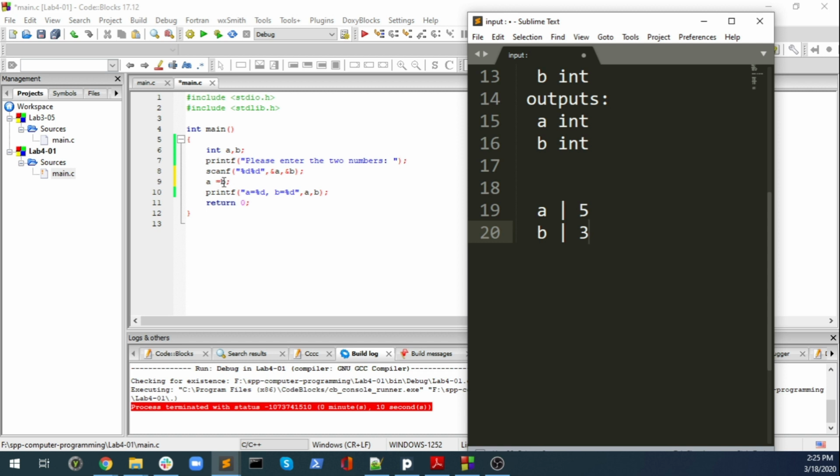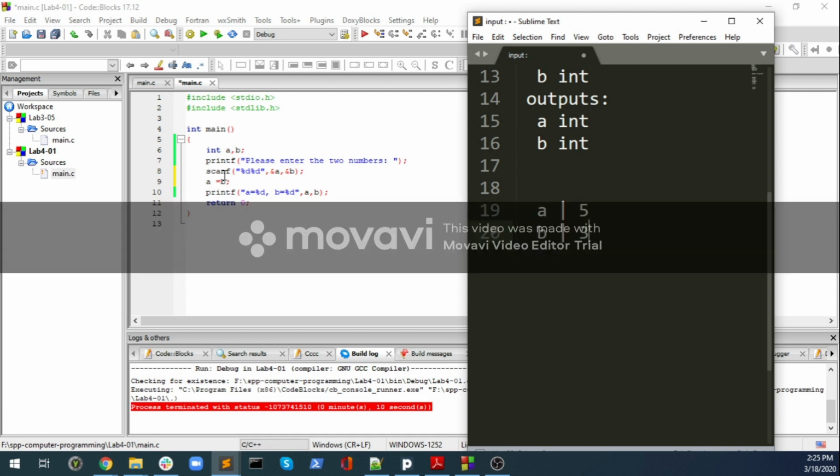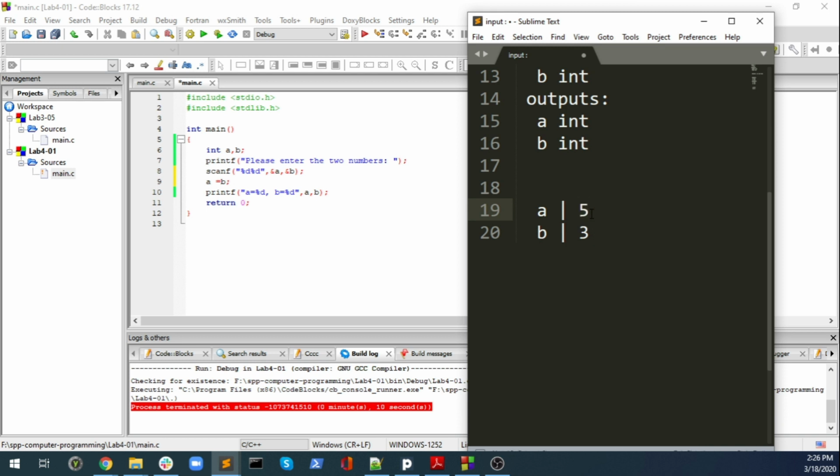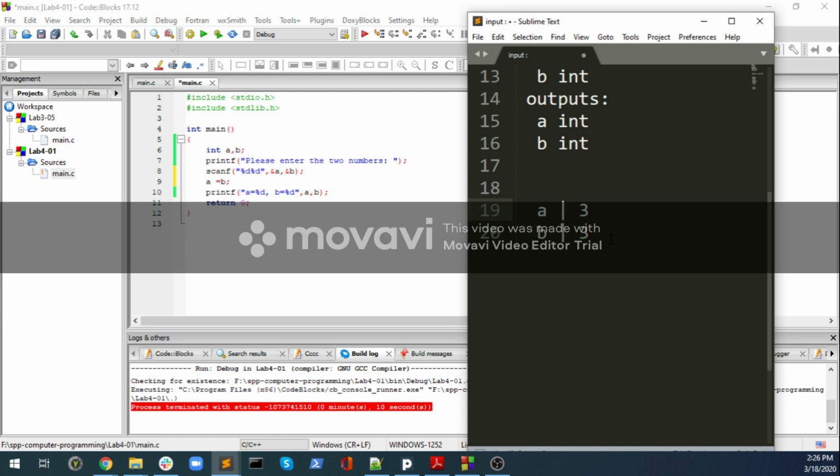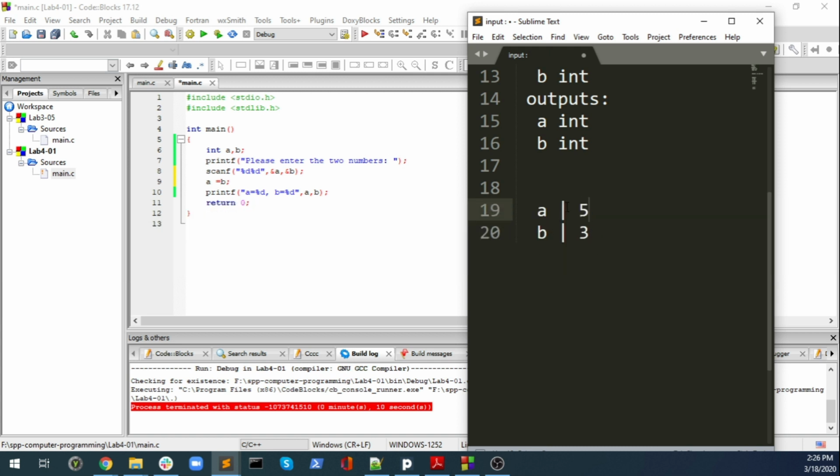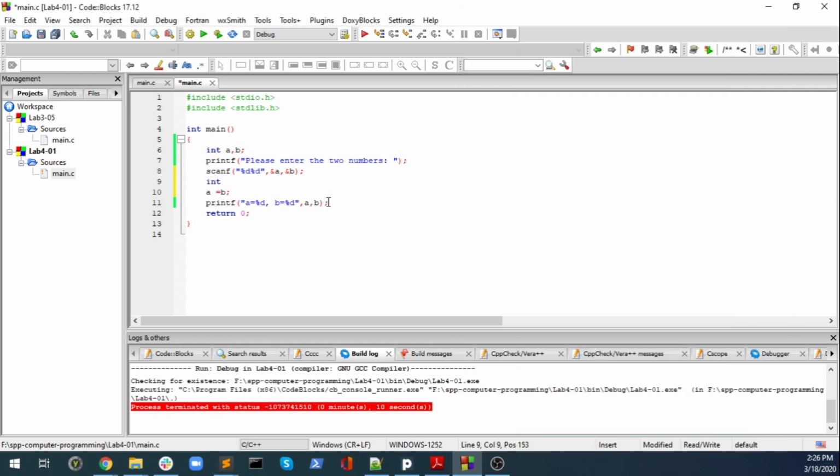be 3. Okay, if we do A equal B, this means that the right operand value, which is the value of B, will be set in the variable which is A. So A value will be 3. So we are in an issue now because the user enters 5 and there is no 5 in memory. All values of A and B is 3. So we need to do something before this. Yes, you should create another integer which is C,